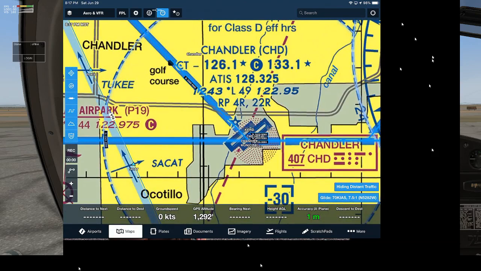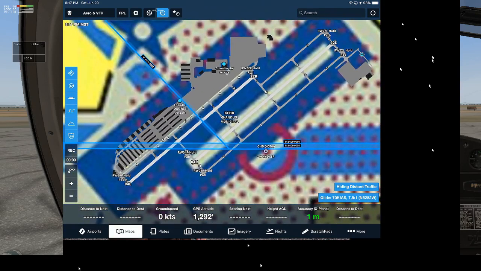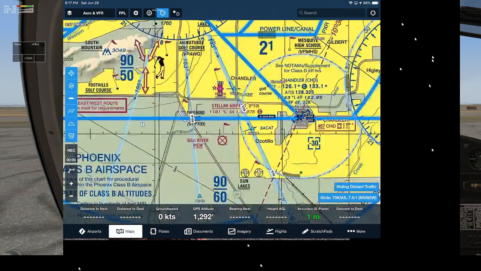Oh, and then one other nice thing is as you zoom in closer, it actually gives you the runway numbers, the taxi numbers, the hold points, and all that kind of stuff, and you know where you can park and all that. But anyway,